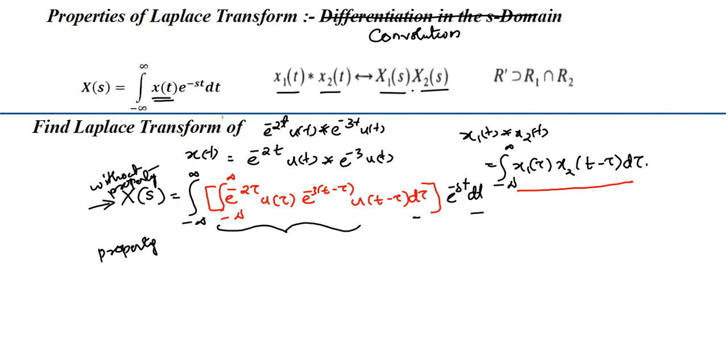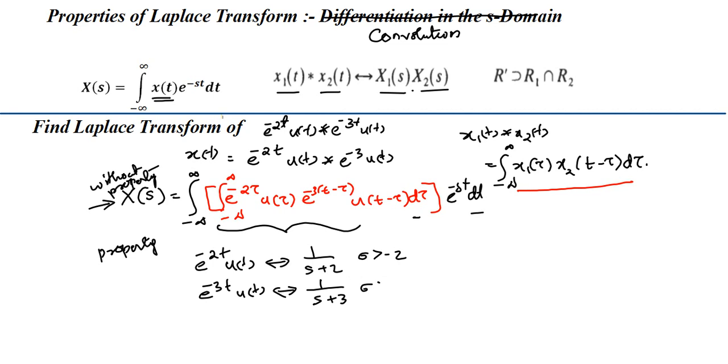So we will use the convolution property. The transform of e raised to minus 2t into u of t is 1 by s plus 2, and the ROC is sigma greater than minus 2. Another signal is e raised to minus 3t into u of t, and its Laplace transform is 1 by s plus 3, with sigma greater than minus 3. Now we need to find the Laplace transform of the signal e raised to minus 2t into u of t convolution